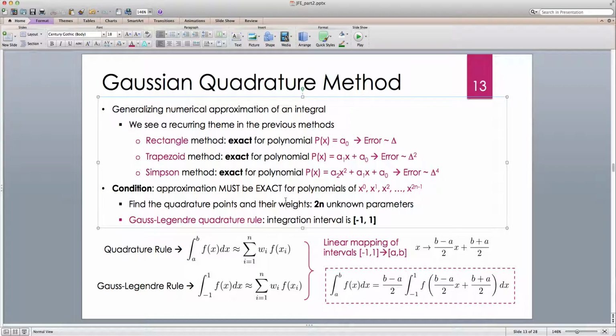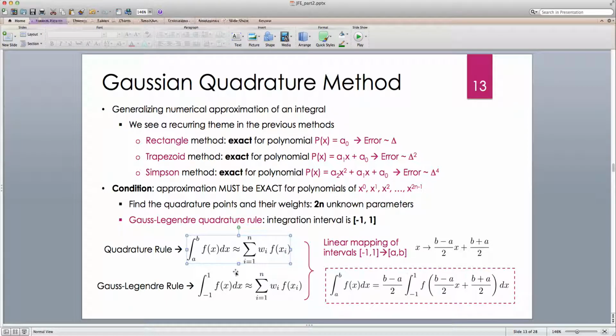Now, why is this a good way of doing the approximation of any function? Because of Taylor expansion, right? And that was the whole idea behind all these trapezoid, rectangle, and Simpson methods, right? So the whole idea is, okay, I want to be able to write the integral in this fashion, with some weights and some points. And then